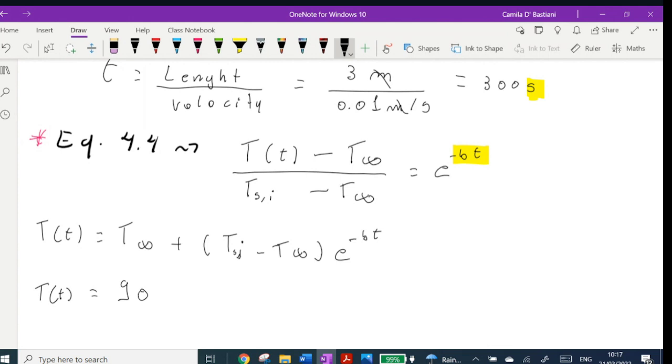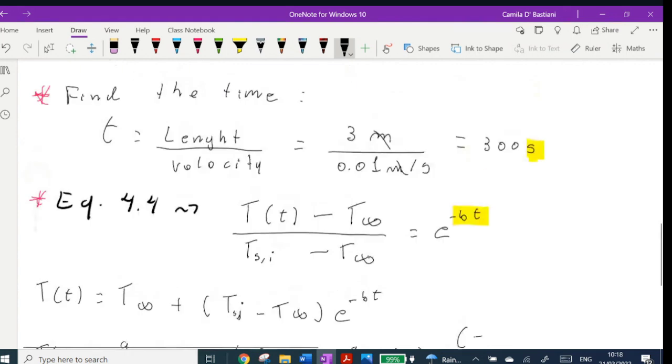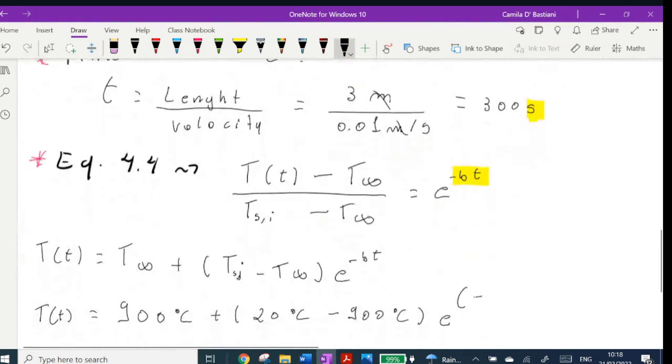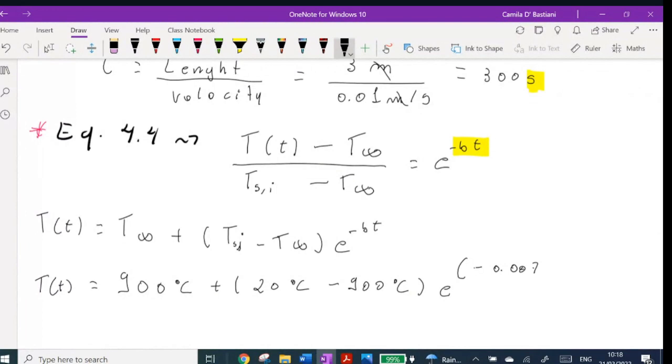So I'm saying that my heat treatment is happening at 900 degrees Celsius, plus my initial temperature of the strip, 20 degrees Celsius, minus my temperature of the air, 900 degrees Celsius, times e to the minus my value for B. We found it to be 0.007018 second to the minus 1,